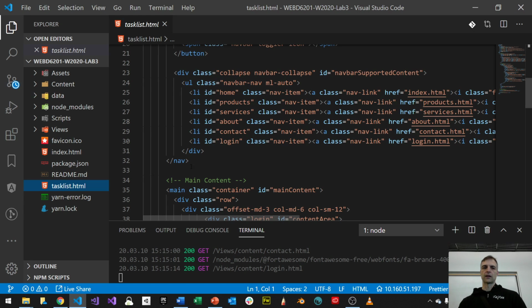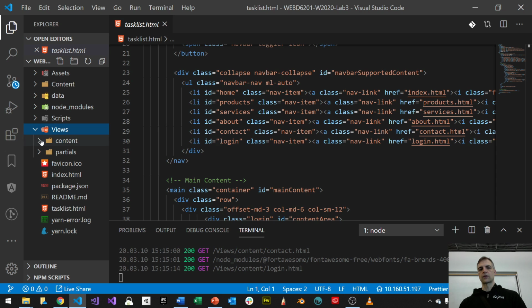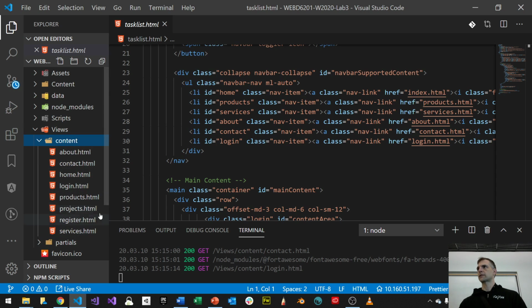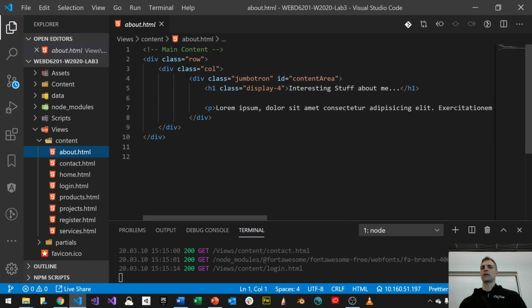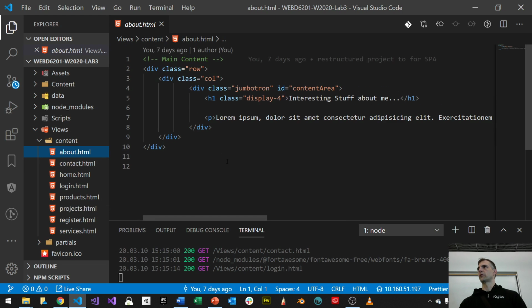That means take it and put it inside the views content folder, call it tasklist.html, but strip out everything but the content area, just like we've done before in the past. So that's your job, really. Take it, strip it out. And once you've done this,